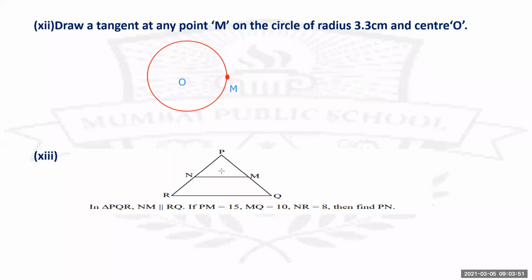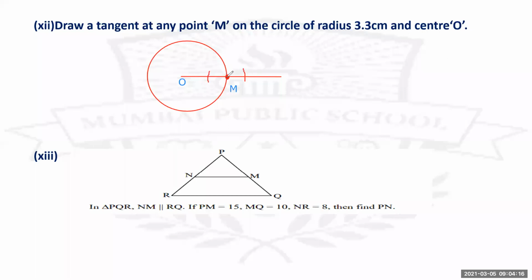And you will join the center O with that point M and extend that line a bit in this way. Is this clear to all the students? Any difficulty in this? Now from point M, you have to draw the perpendicular. So from point M, you are going to cut two arcs on its opposite ends. Check in this way.